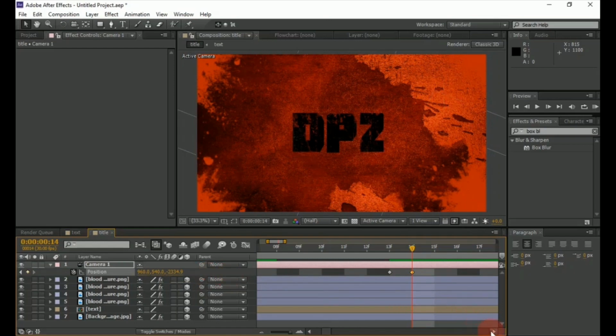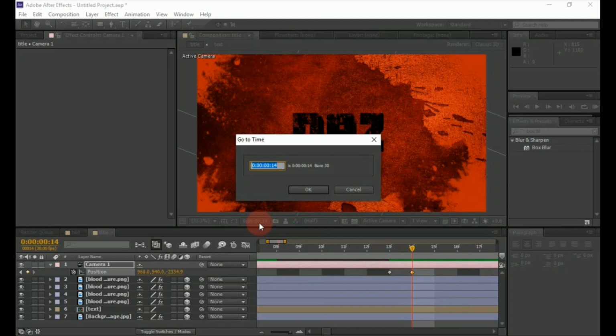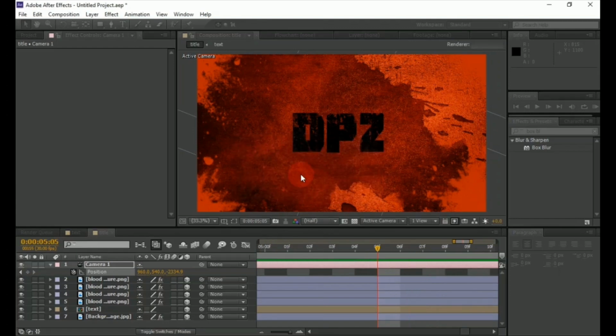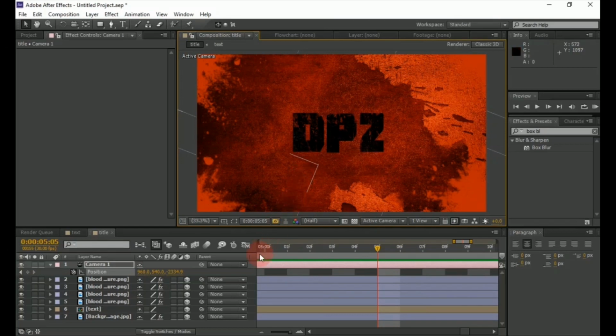Now go to 5 seconds 5 frame position. And change the Z value to minus 1743.7.